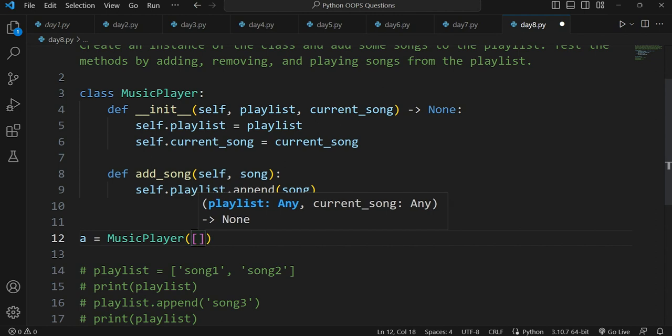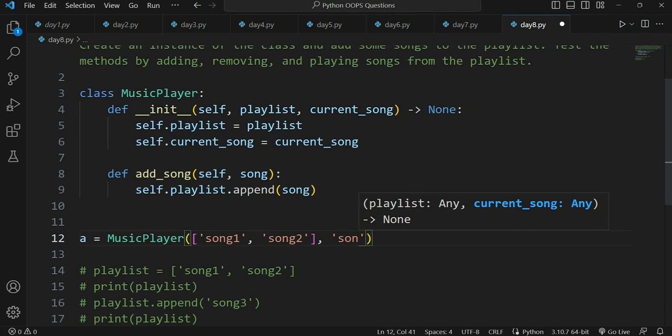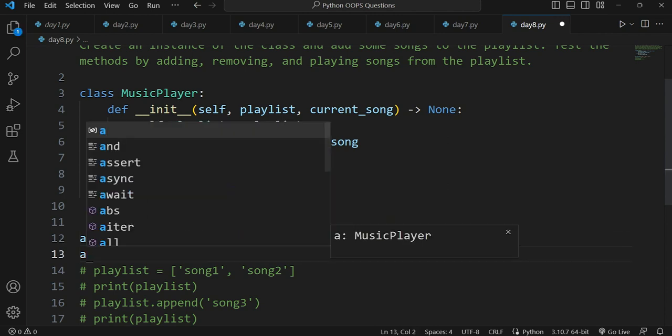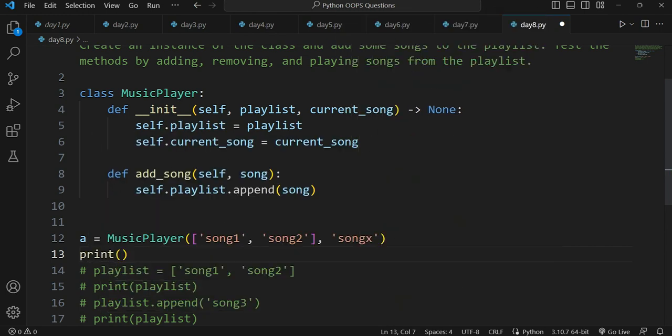Let's say we have song 1 and then song 2, and after this we have another attribute, current song. So current song, let's say, is song X. Now if I print a dot